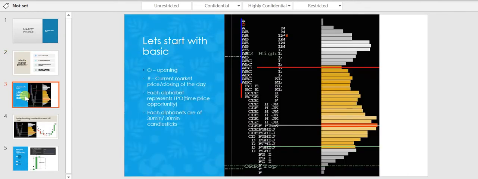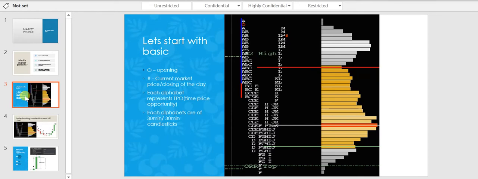Okay. So going onwards, I'll explain these market profile charts along with the candlesticks. This is how exactly the market profile intraday chart looks like. This is a split version. There are split and unsplit versions, and I'll explain what exactly they are. So this is how a day's chart looks in market profile.